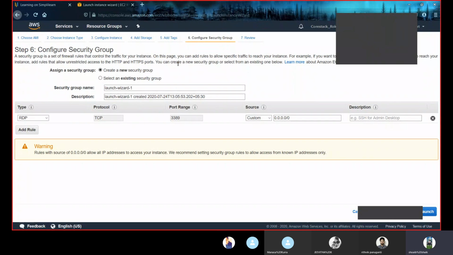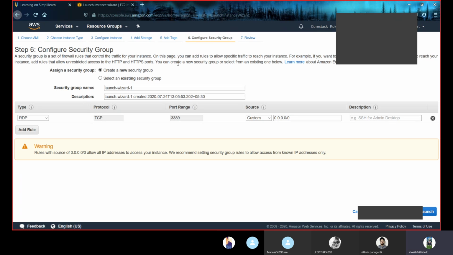We can define incoming traffic as the number of requests we are receiving, and outbound as the number of responses we are sending from our instance. So these are defined in security groups. I showed you the default security groups. Now